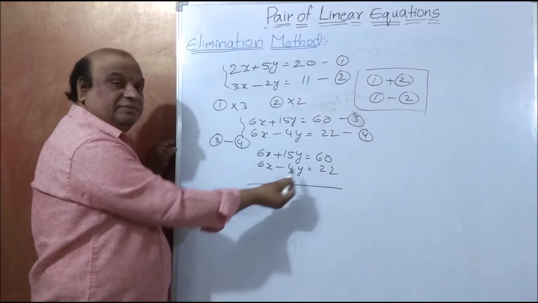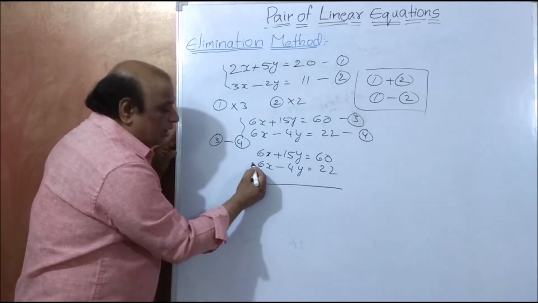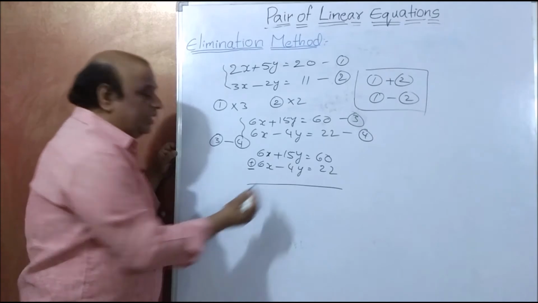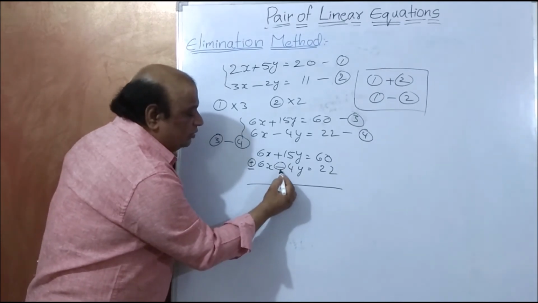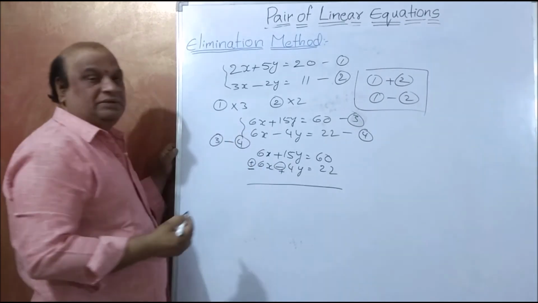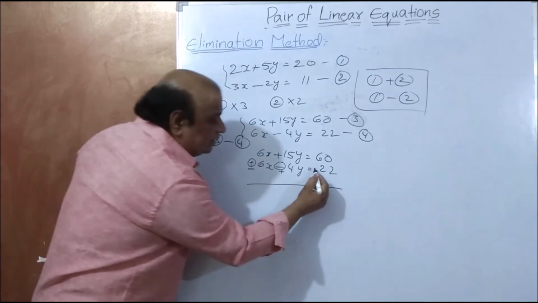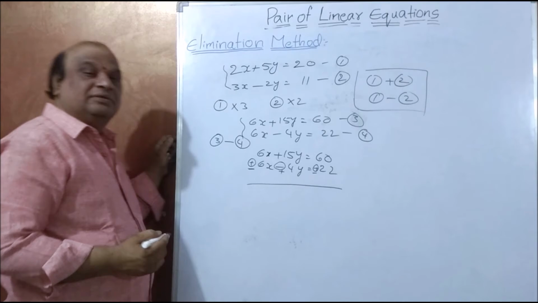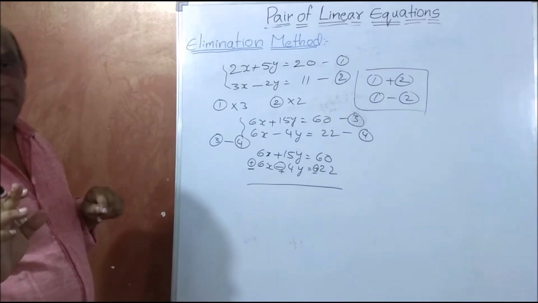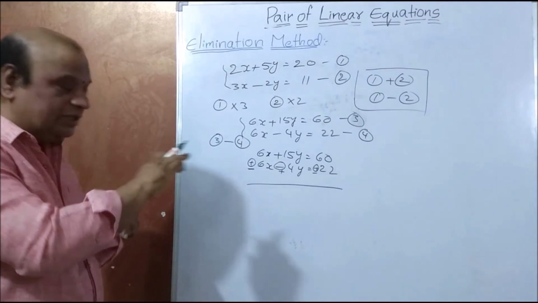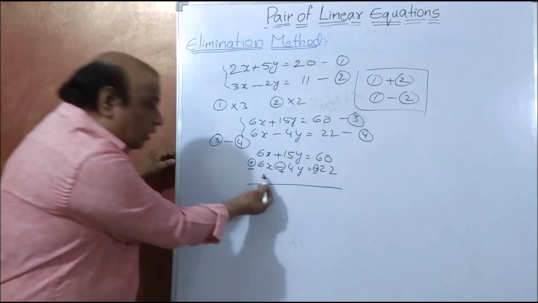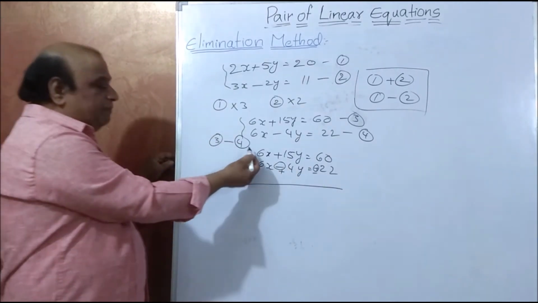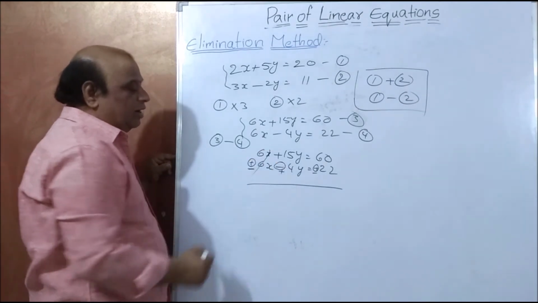In this equation, here already we have plus, it becomes minus. It is minus, we have to change this to plus. Here this is plus, we have to change to minus. Remember? So we have to change the symbols of the lower equation. Now it is plus and it is minus. Now we have to cancel.